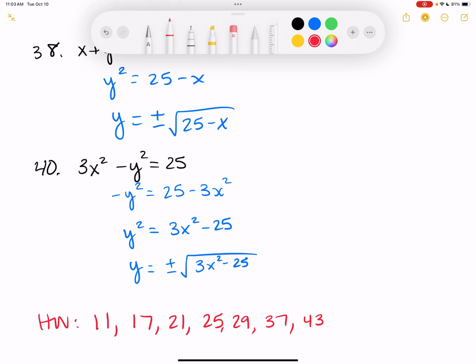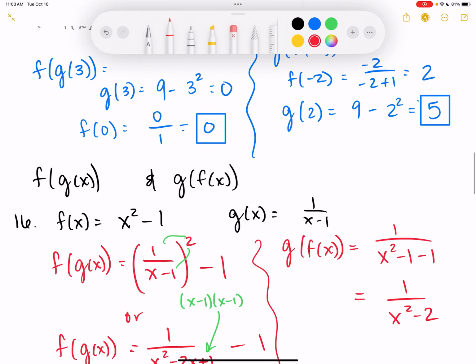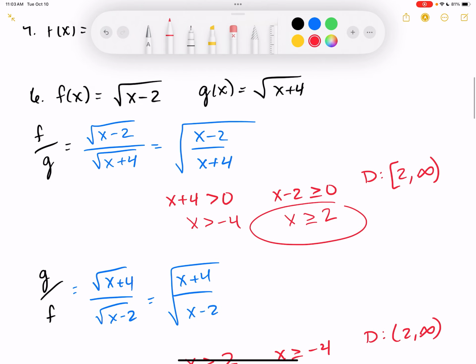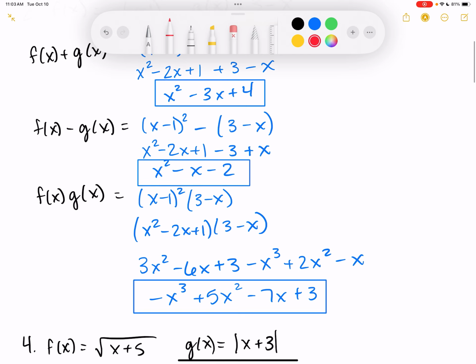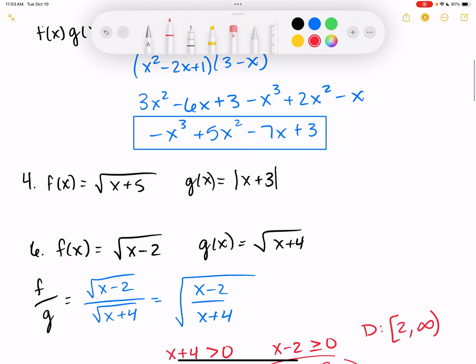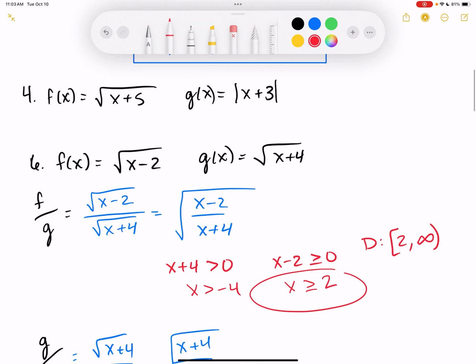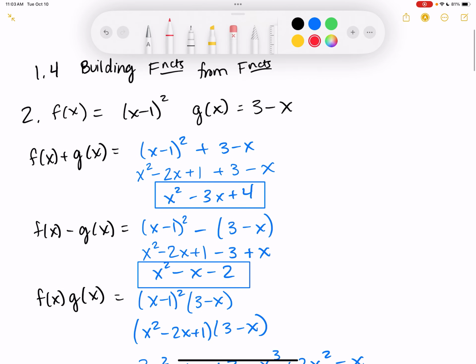Could you go back up to the first example from Friday? Does everybody have these numbers written down? Basically, these were just adding, subtracting, multiplying and then dividing the functions. Basically all we did with those. But yeah, I can